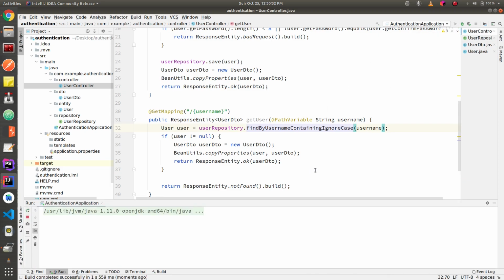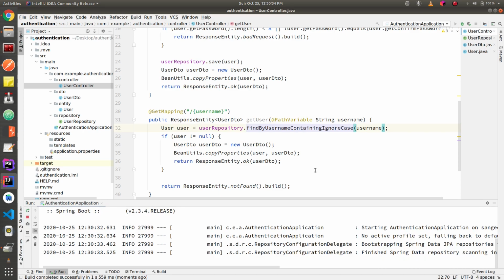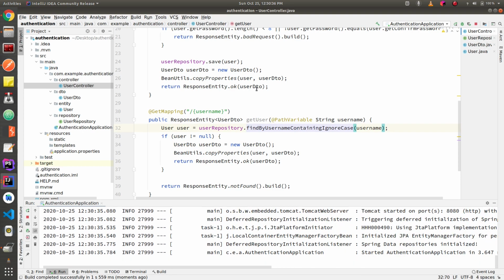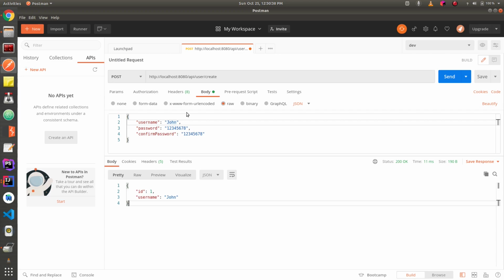Let's run it and call it again in Postman. I'm going to check with small letters first. Let's use capital J, and we have got the desired result.